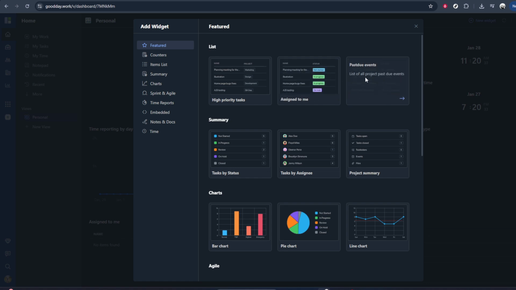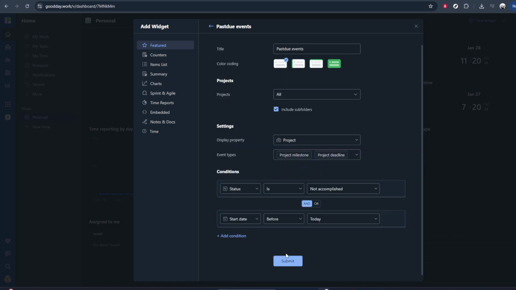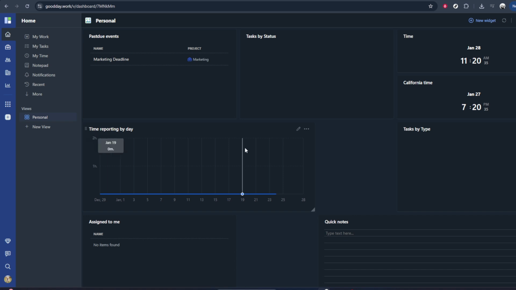From here, you can typically fine-tune your widget settings, such as the data source, filters, and display options. Once saved, your customized widget will appear